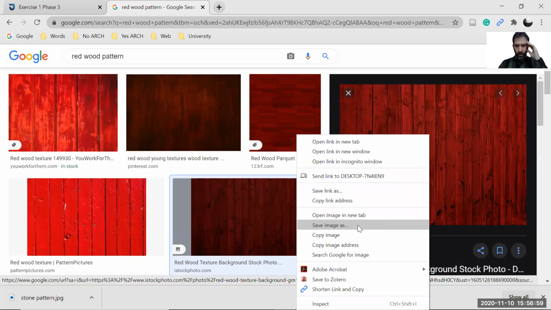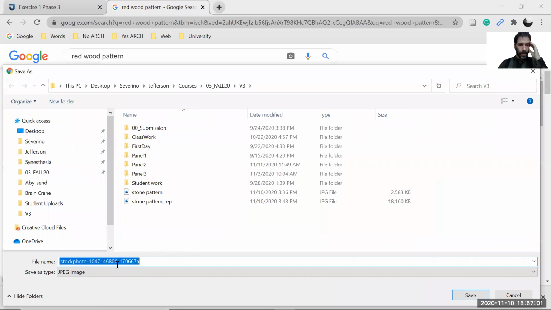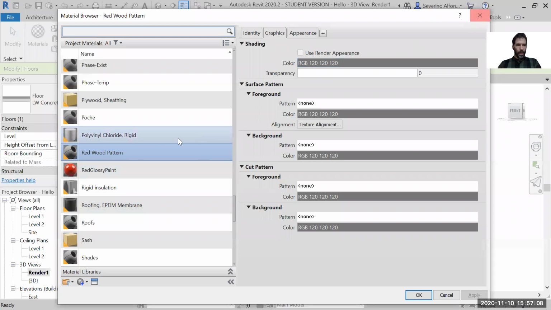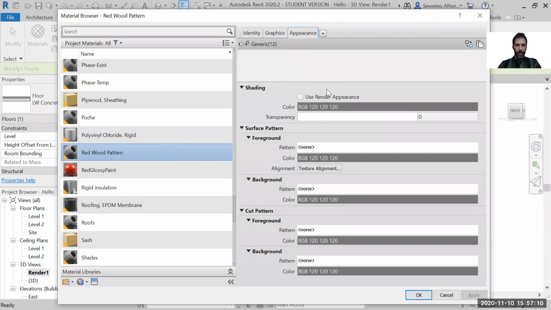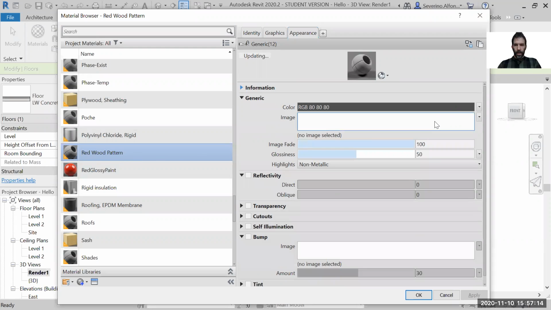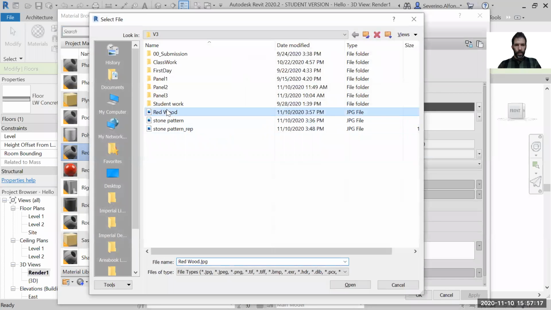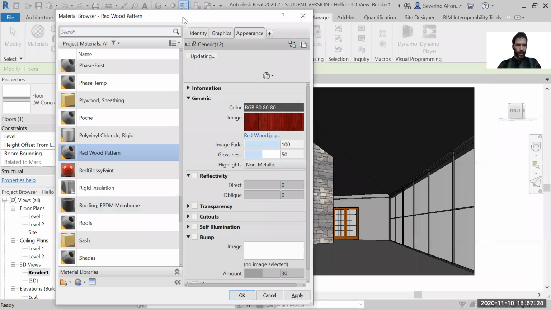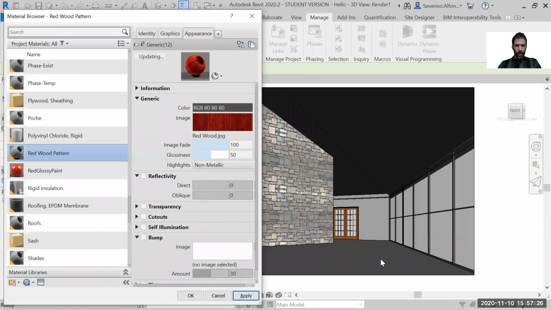I like it. So save as. It's a JPEG redwood. Go back here on the redwood pattern, appearance, and as always, image. Redwood. That's going to nicely repeat. There he goes. And the pattern is definitely